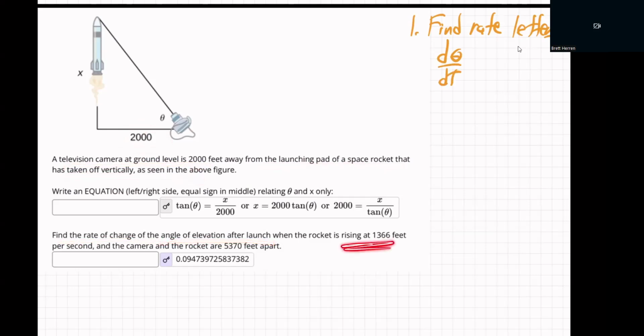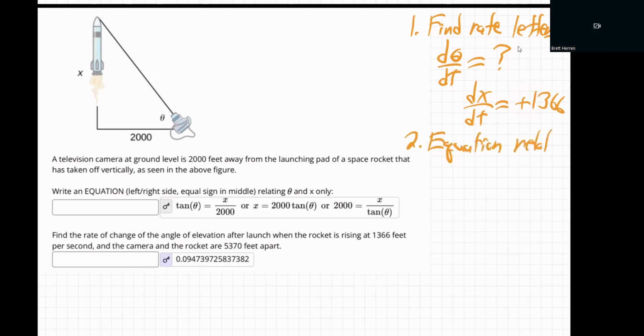When the rocket is rising 1366 feet per second, that's x. That's how x is changing. We want to know d theta dt. We're going to be given dx dt is rising, positive 13. So rising means it's increasing, positive, going up. So step one, identify the rate letters. Did that. Step two, write an equation